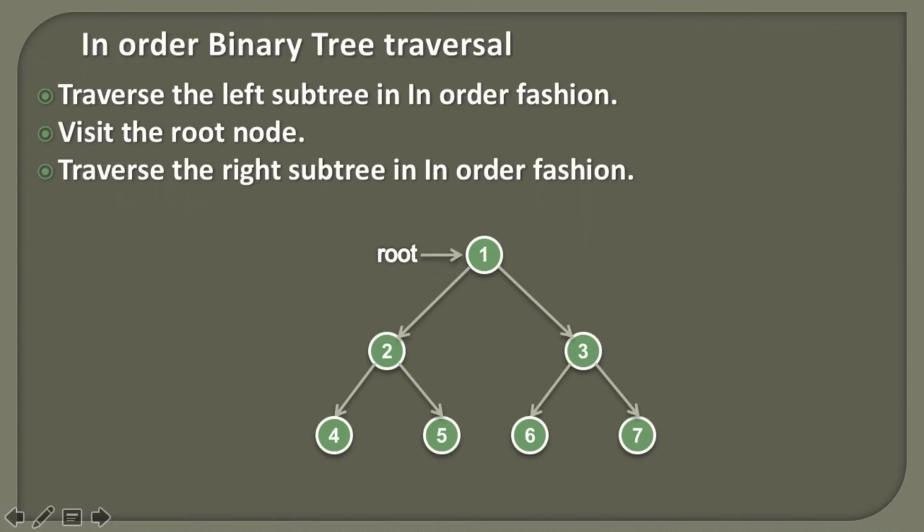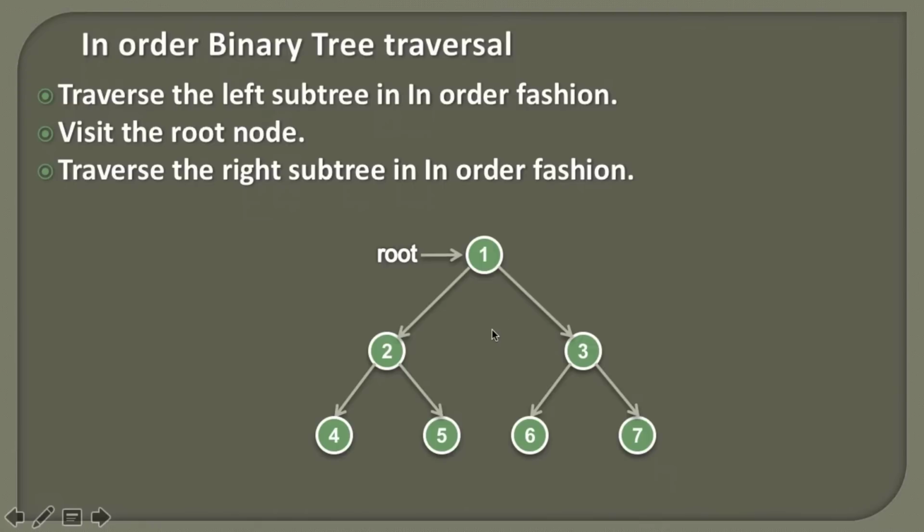So friends, what is in-order binary tree traversal? Here you can see that in-order binary tree traversal has basically 3 steps, and we apply these 3 steps to each and every node of the binary tree. The basic steps involved are: we first visit the left subtree for a particular node, and then we visit the node, and after visiting that node we go to its right subtree. And these 3 steps we apply on each and every node of the binary tree.